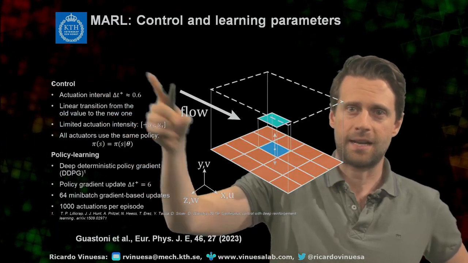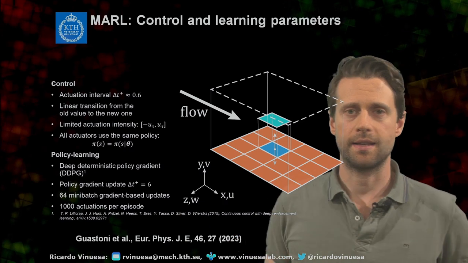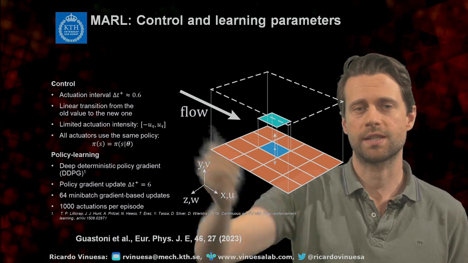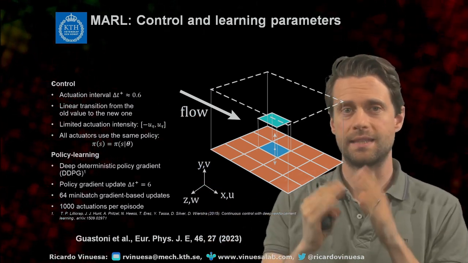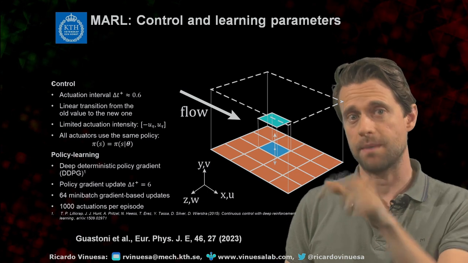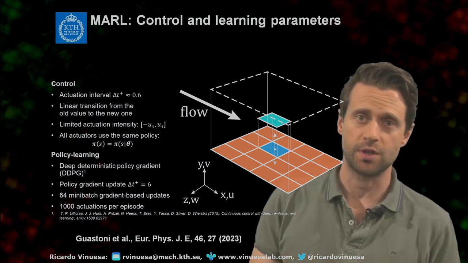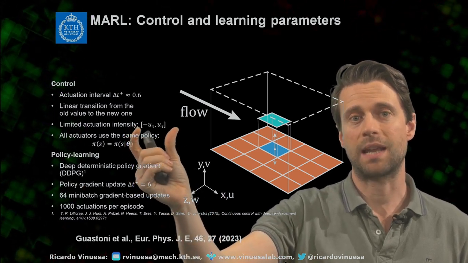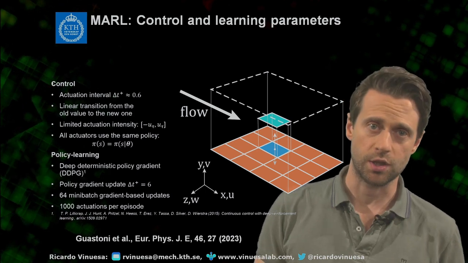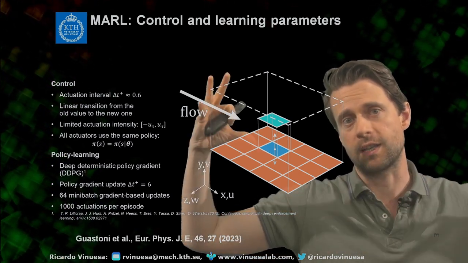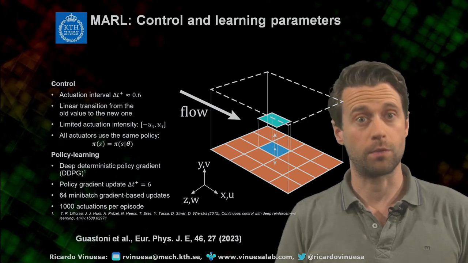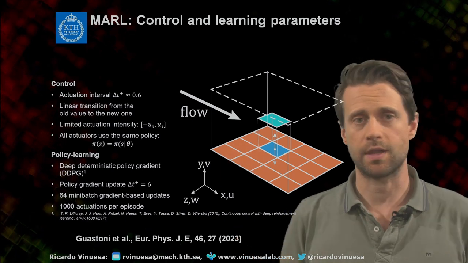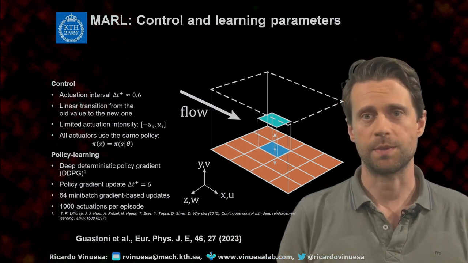So here you can have a number of parameters that we decide in our actuation. Essentially we have a quite quick actuation, delta t plus is 0.06. So essentially we have less than a viscous time between actuations, almost 2 actuations for each viscous time. The actuation is bound between minus u tau and plus u tau, so it's not a very strong actuation. You're going to see that if we allowed for a larger range of control magnitudes, we would have even more drag reduction. But even for this case, with a moderate actuation, we get quite some promising results.